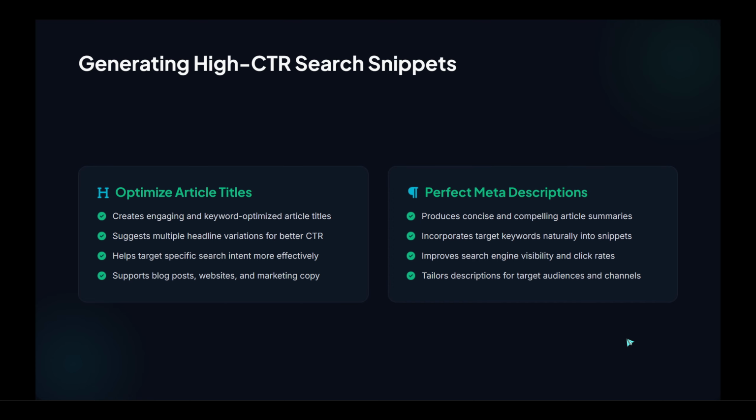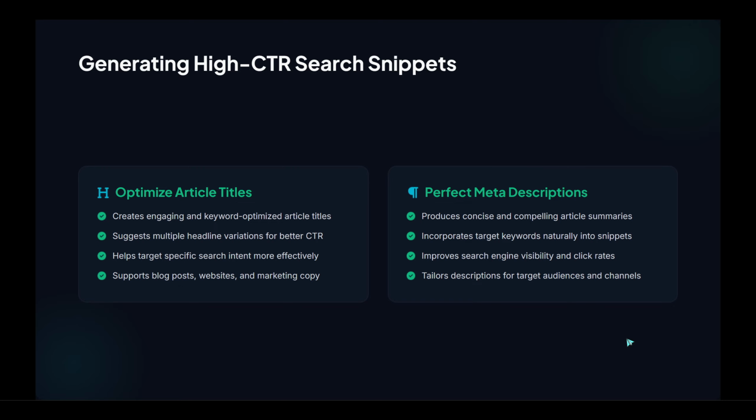Let's start with titles. Begin by telling ChatGPT your topic and the primary keyword you want to target, then ask for engaging, keyword-optimized headline ideas. Request multiple variations so you can compare tone, length, and clarity. Ask it to reflect different search intents, informational, transactional, or how-to, so the titles match what your audience is actually